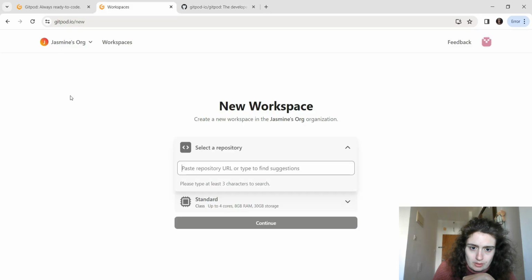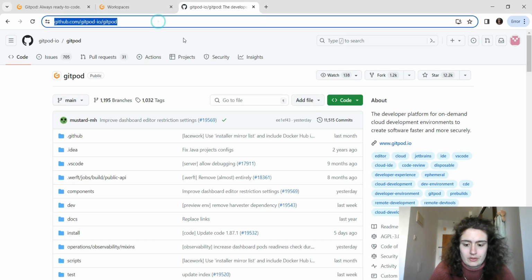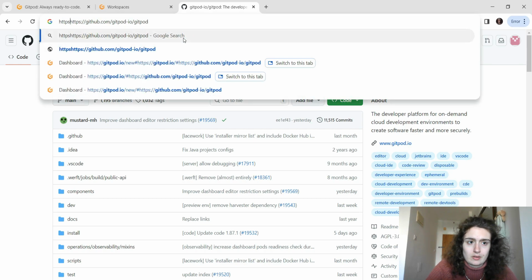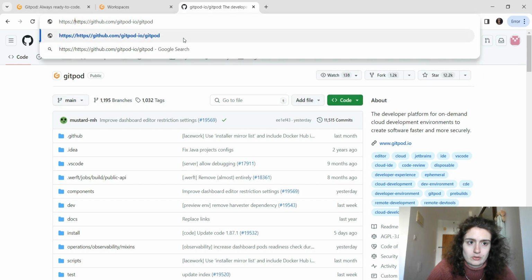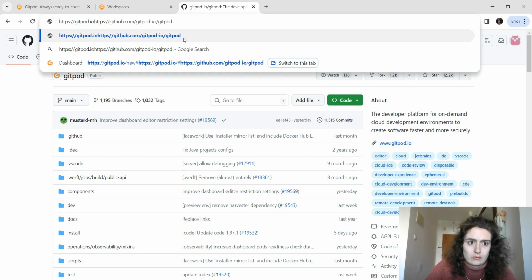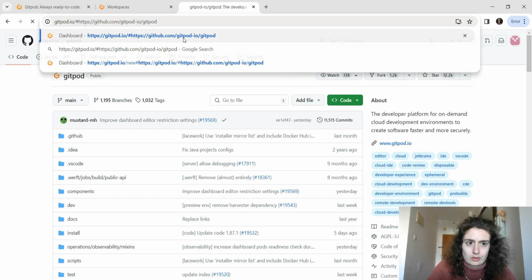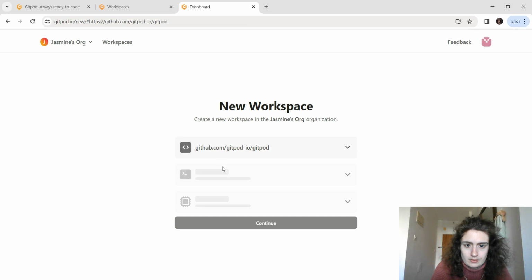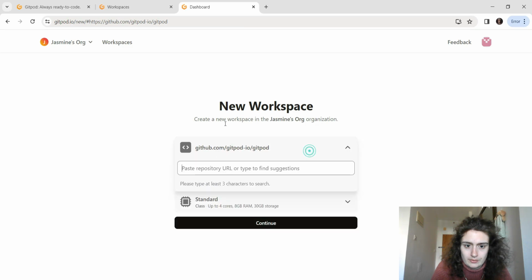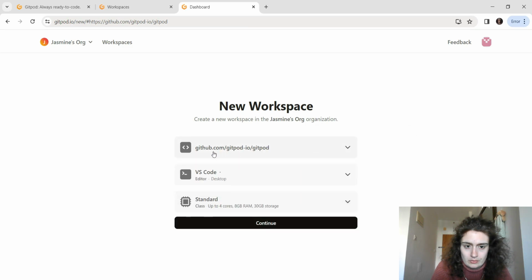The way we're going to link this repository is by prefixing this URL with https://gitpod.io/# . We're going to enter that and see, as you can see now, it's linked, the repository, to the GitHub Gitpod repository